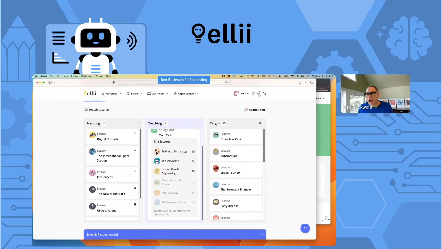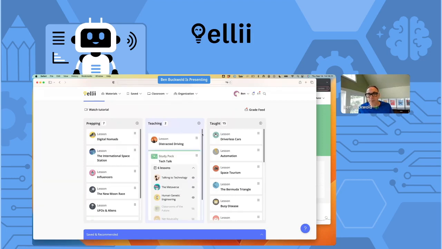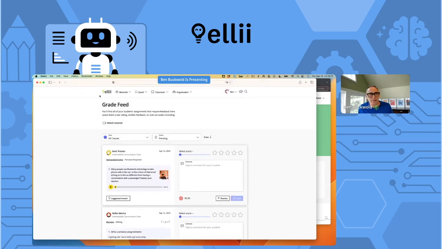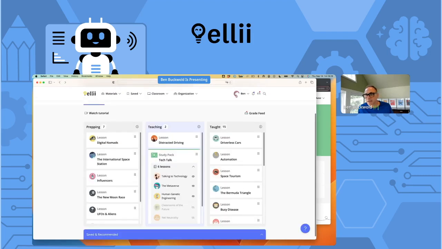Okay, as well, I'm going to go over to this grade feed here. You see this little icon up here, a little red dot and a little inbox. We've made it easy so that when there are open-ended questions, things that require your attention, your feedback, you find them all in one spot, because it's hard sometimes looking around for all the submissions.